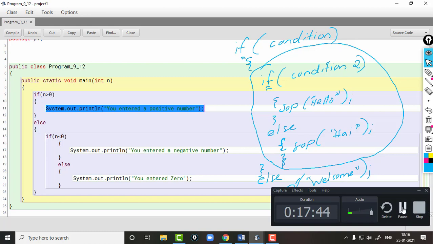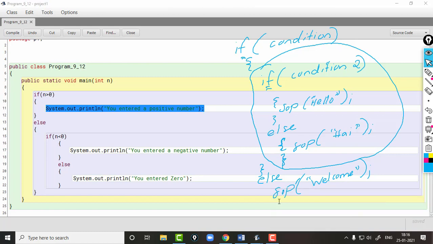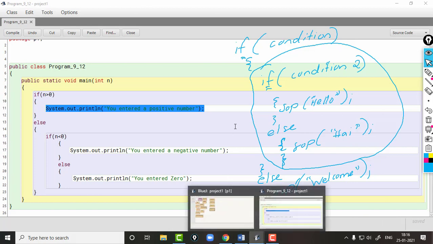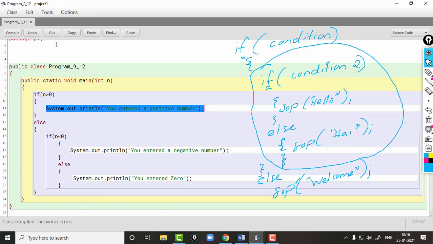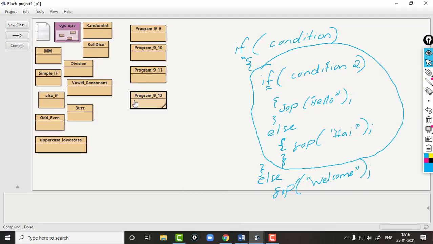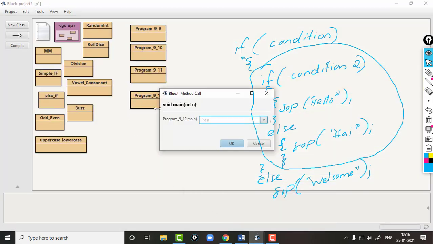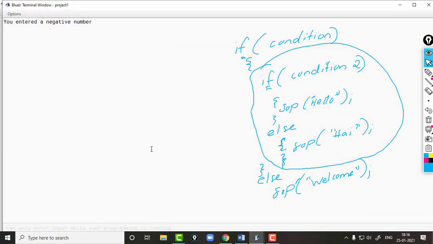So students, here we are going to run this program. We are giving a negative number first, minus 9. Definitely minus 9 is less than 0. So it prints you entered a negative number.